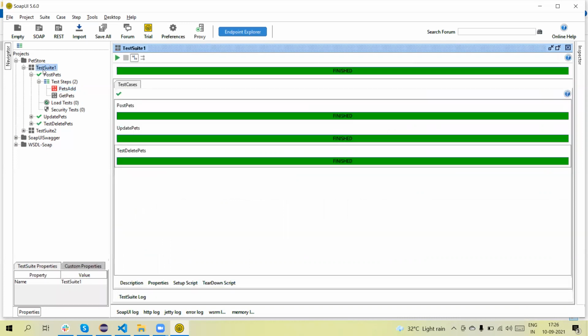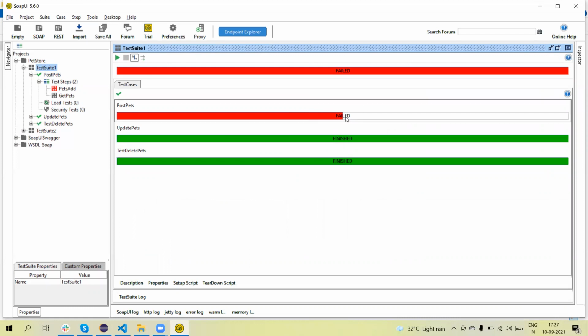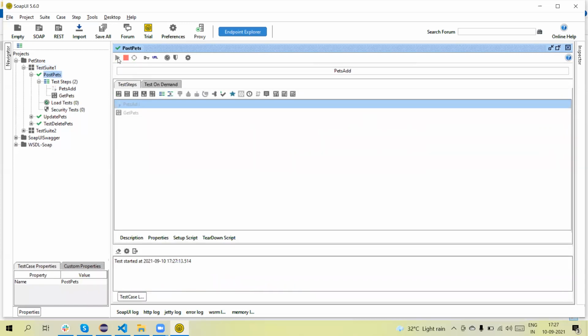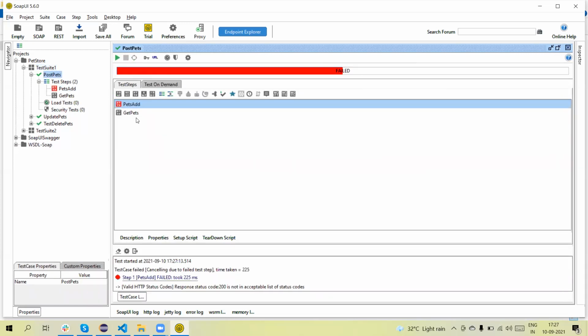Let me run the suite and see what happens when any test fails. You can see the red mark, and the remaining is green. It means two tests passed, one failed. Why are we getting 50%? Because in this test case there are two test steps. One test failed, so the remaining is not executed. In a similar way, we can run at the test case level and we will get a report like this. It means if your execution fails on any test, the remaining steps will not execute.